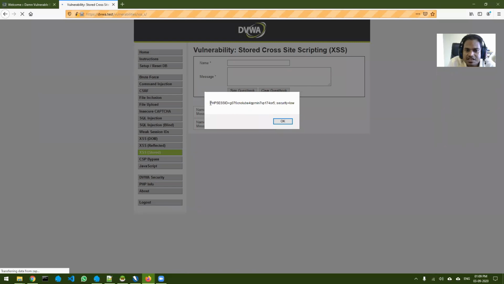It gives me my cookie. Whatever cookies are set, it gives me that. So obviously I can copy this and I can use this to log in. I will also show you how to log in with this particular cookie, right? But before that,